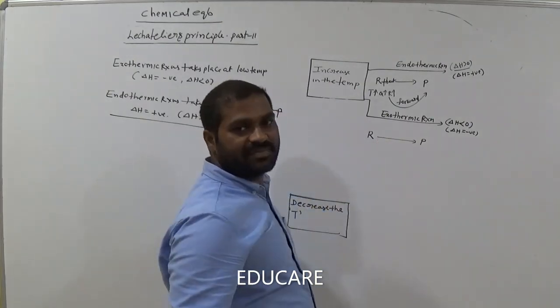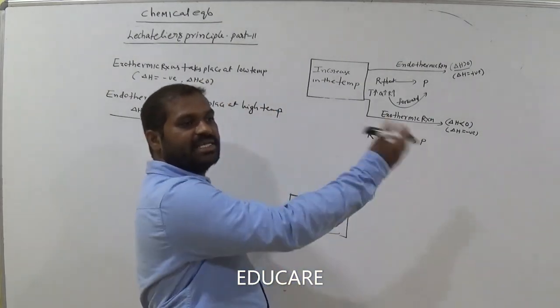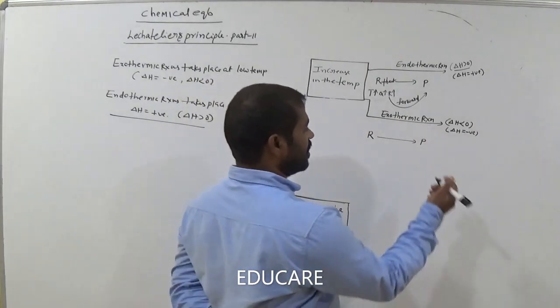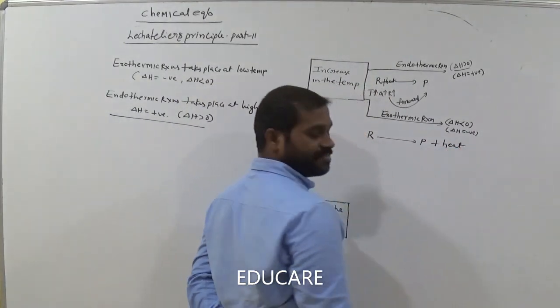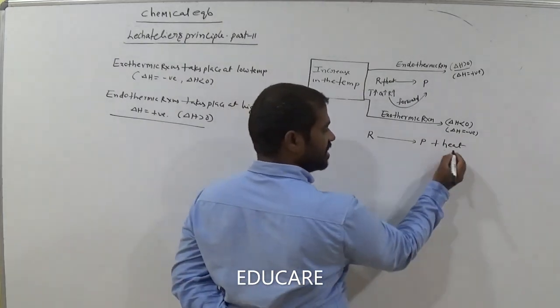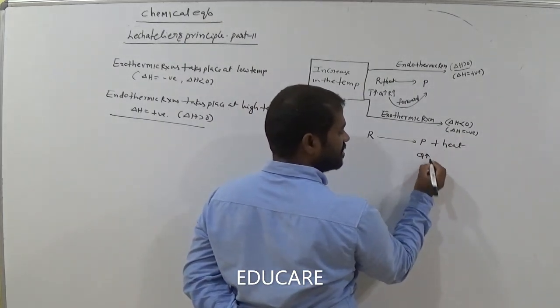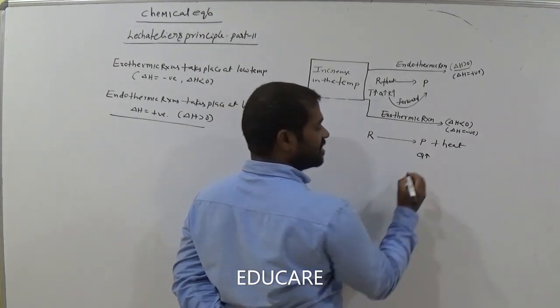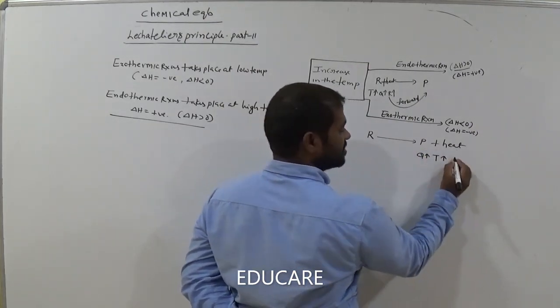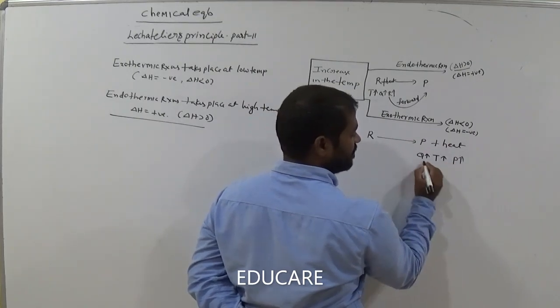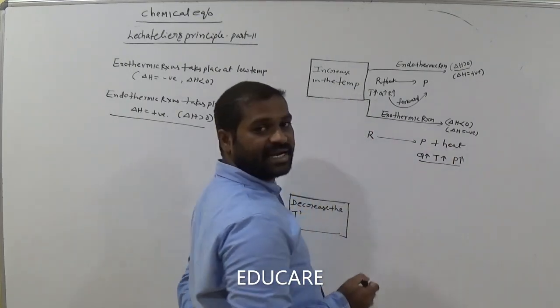Exothermic reaction means some amount of heat energy is released after the reaction. So now heat energy is at the product side. Am I right? That means heat energy is high or not? We increase the temperature or not? We increase the temperature, heat energy is also high. That means P is also high at the system, at the product side. Am I right?